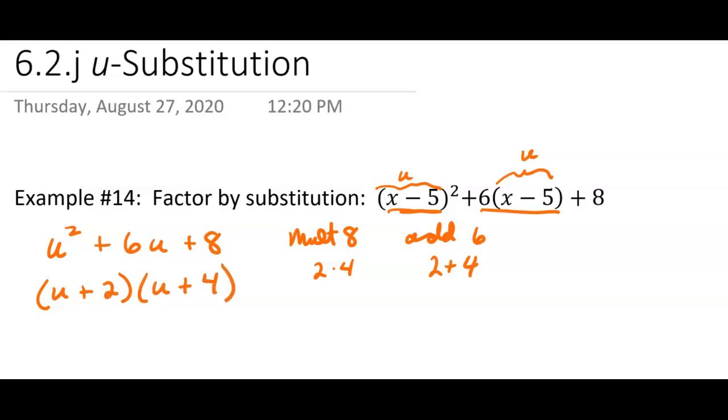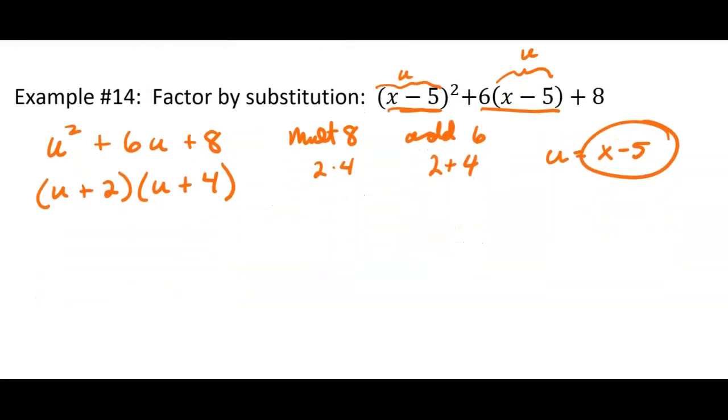Okay, so sometimes students are like, oh, good, I got that part done, which is good. But you're not done because it's factored, but it's factored in terms of u. Now we have to go back. So if you'll remember, we let u be x minus 5. So now I have to put the x minus 5 back in for the u. All right, so I'll try to write this out so it'll make some sense, hopefully. So I've got parentheses, and now I'm putting in x minus 5 for that u.